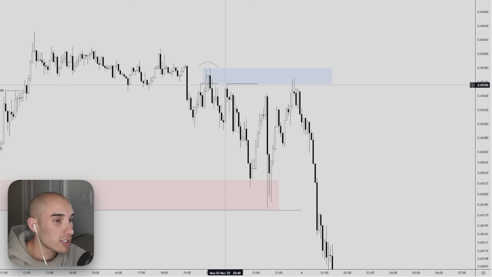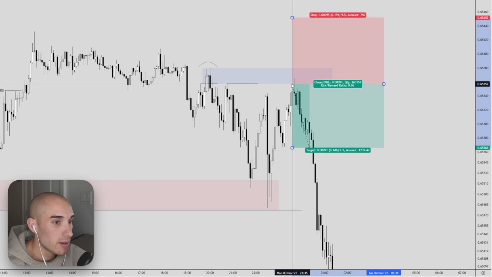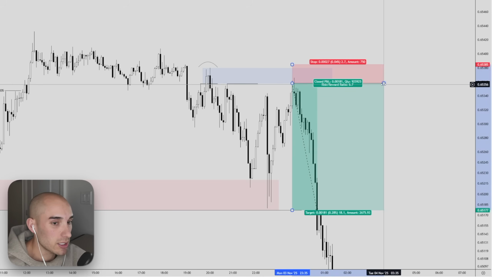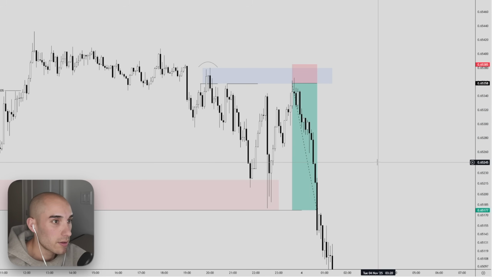Okay, so again, we've marked out that liquidity point, a blue box right above this high covering the liquidity block. Entry would be just like this. We take this sell as soon as we tap in, like that. Stop loss above the high and target down at the lows just like this. So again, making sure you take that entry as soon as the liquidity is taken, and we are targeting,